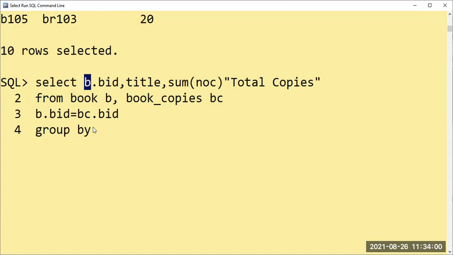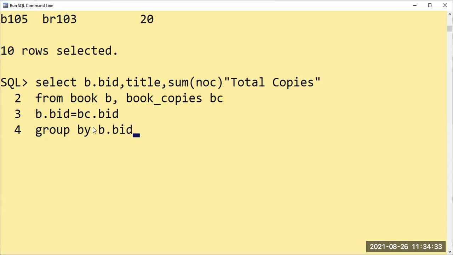BR101, then after that copies here. We are not writing DBMS, right? We are only specifying the book ID in the book copies table. There we are not mentioning the book title, right? Only in the book copies table we have book ID, branch ID, and total number of copies. Only three things are there, right? So for that purpose, you should take only group by BID. B101, B101 together. B102, B102 together here. Getting?